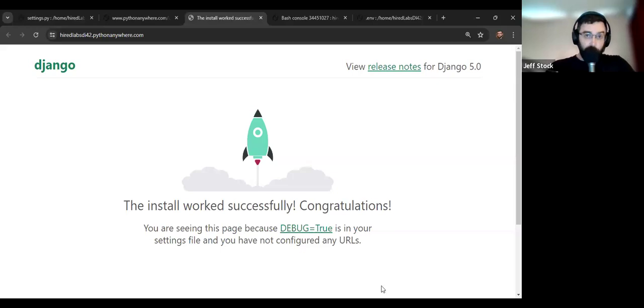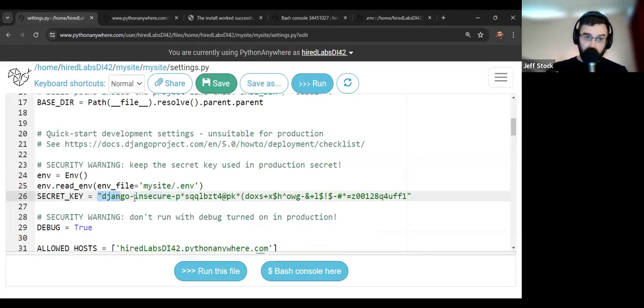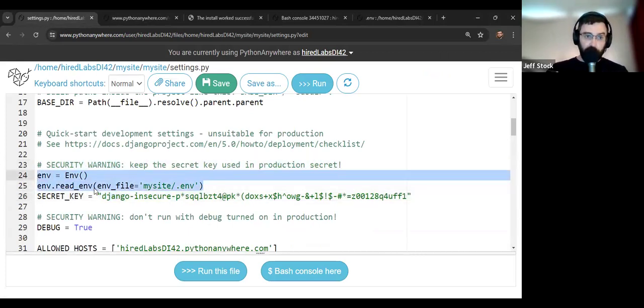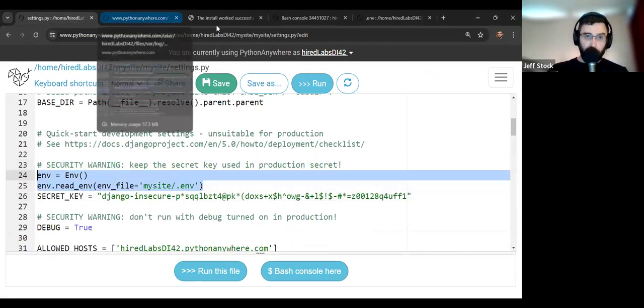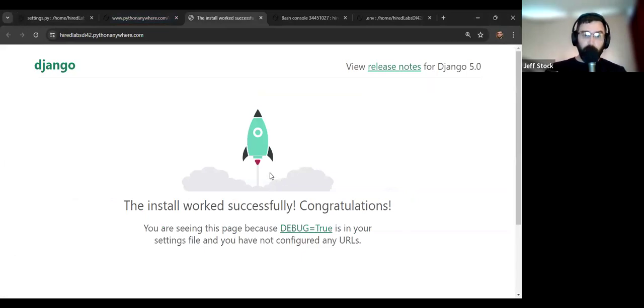So I did lead you wrong somewhere on that hiding your secret key. I'm going to have to go back and figure out exactly what it is, and I'll follow up with everybody on what I missed in the email. But the point being that if you come in here and leave the secret key how it is, and skip these steps of the ENV that we did, which is not a best practice, it should work at